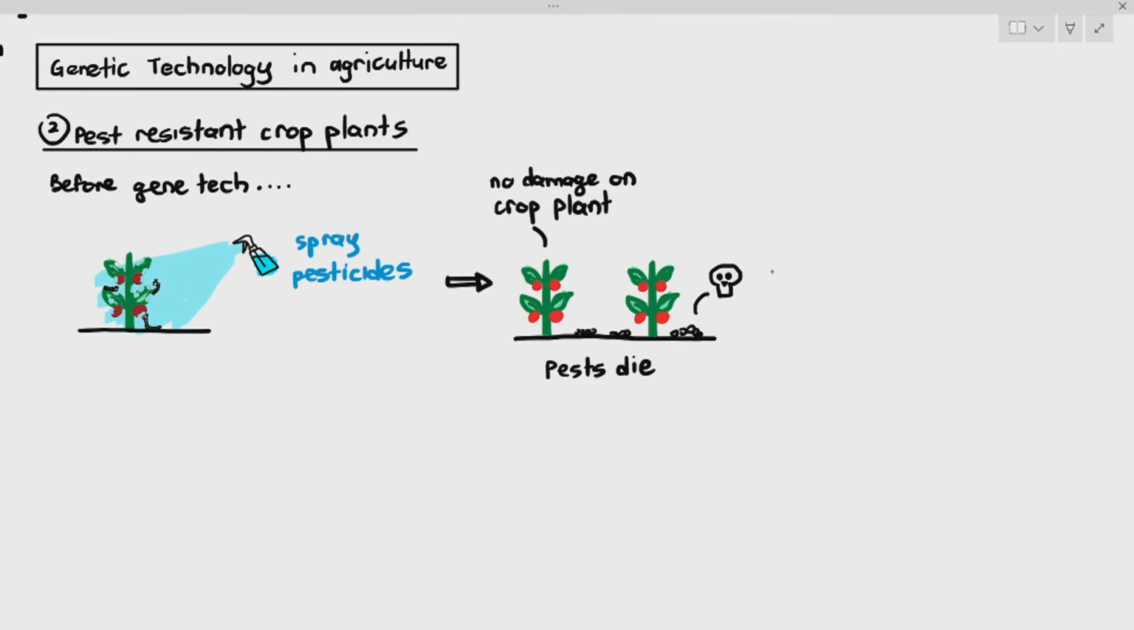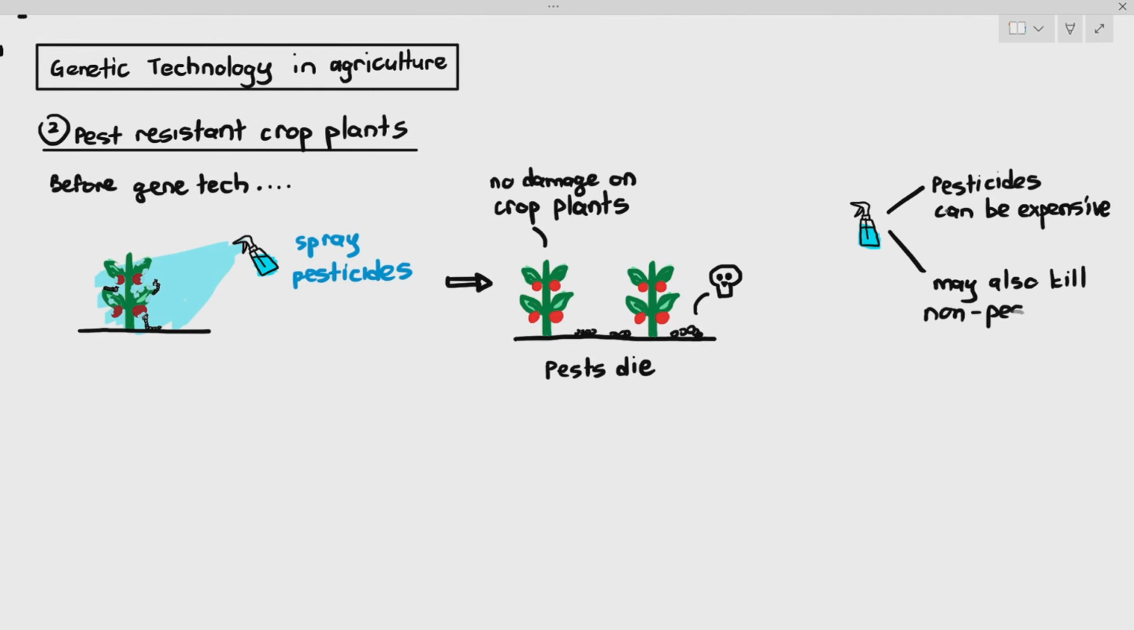But again, it may cause harmful side effects, or there can be some negative impacts. Number one, pesticides can be expensive. The farmers will have to spend more money. And number two, pesticides have this annoying habit of also killing non-pest species. For example, bees. Bees are harmless in the whole thing, but because you're spraying it, the bees that are caught in the splash damage will also die in the process,